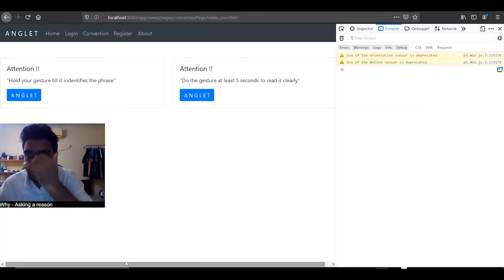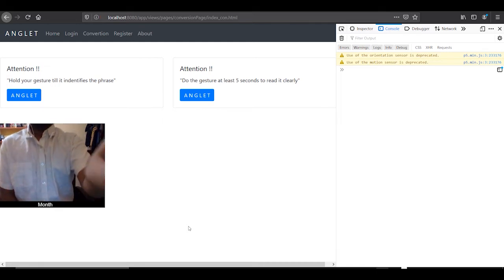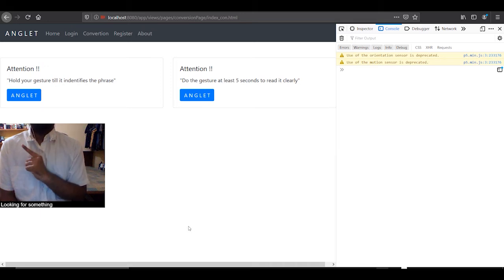I'm testing the Why phrase. Yeah, it gets it perfectly, and now I'm using the What phrase. Okay, here it takes it perfectly. It says looking for something. The label is perfectly identified. Once this is over, not in the video but in the report, we have included all the log statements about the